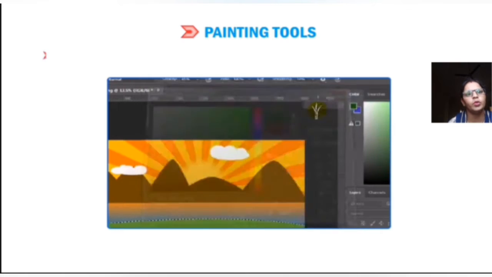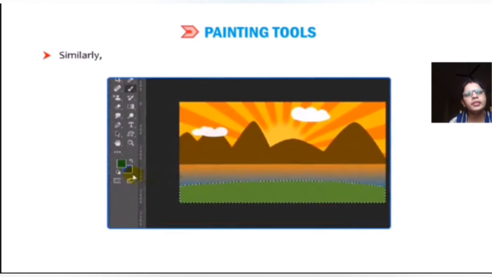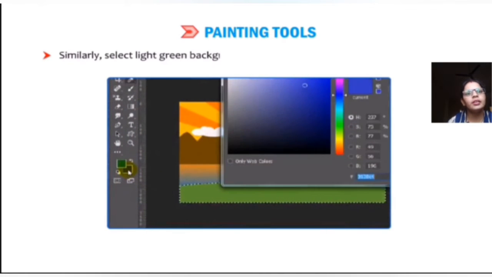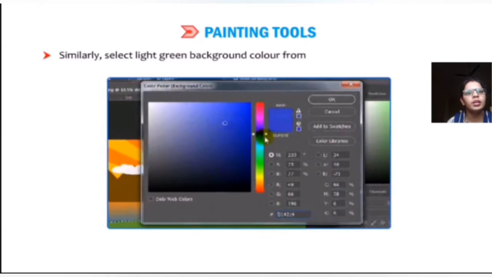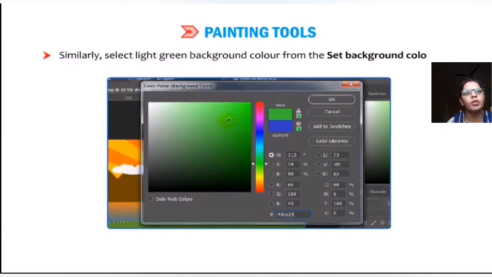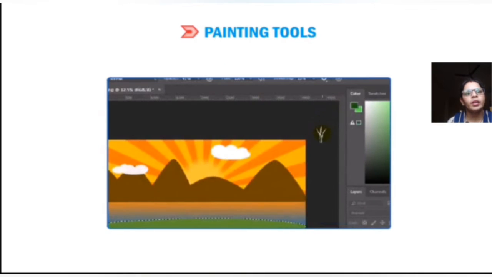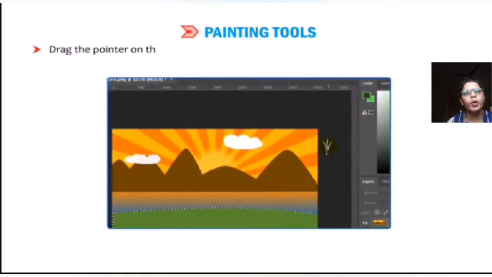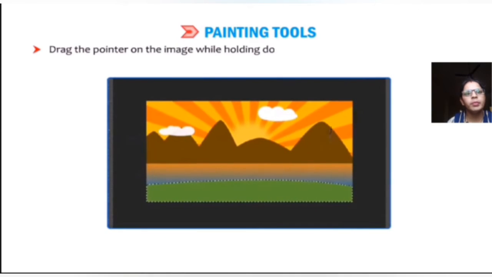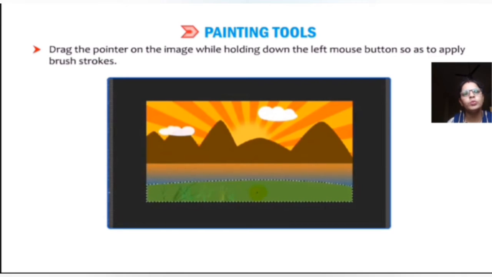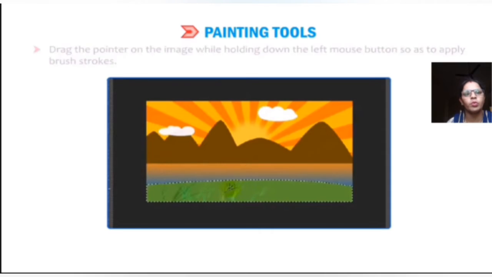Similarly, select the light green background color from the set background color box. Click on OK. Now drag the pointer over the image while holding down the left mouse button to apply the brush stroke.